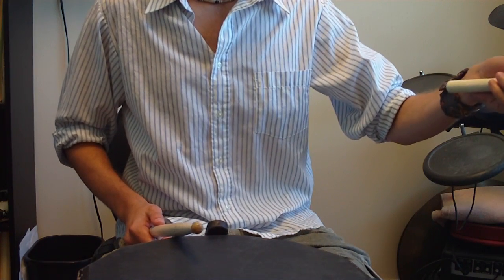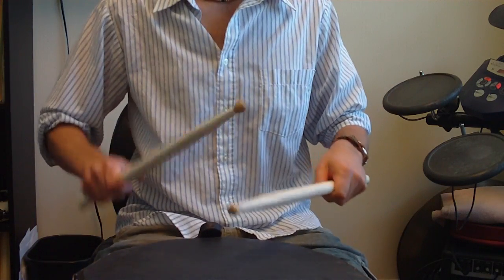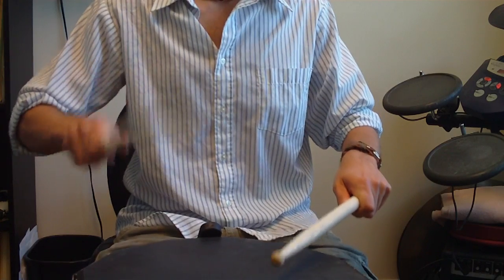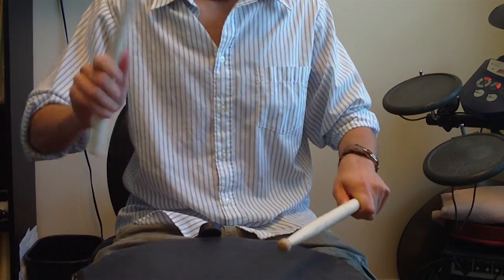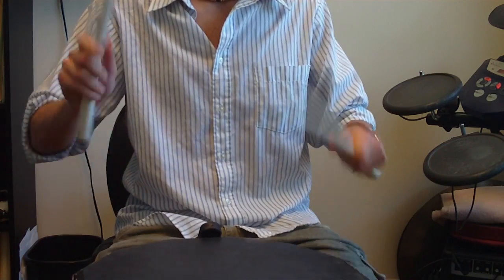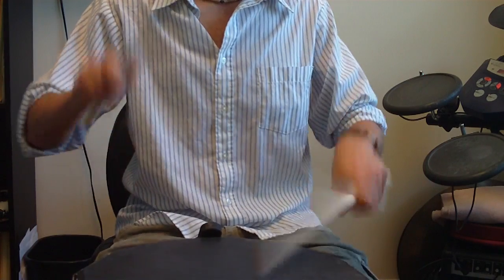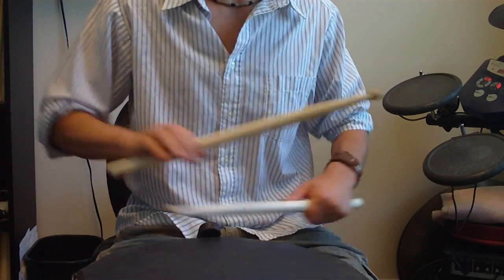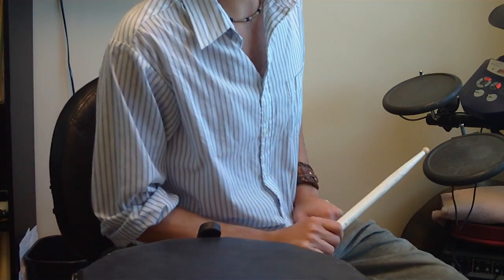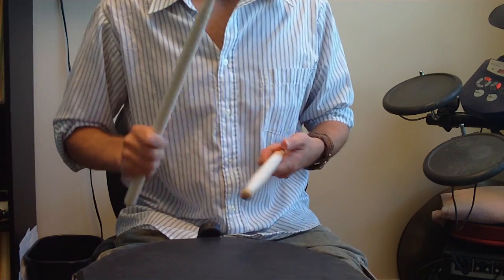So we have our basic motive, and that's this. So we do a check and variation. Check, variation. Check, variation. Check, variation. Check, variation. Check, variation. Check, tag. Okay. Our check is going to stay the same. The 16th notes always stay the same, but we're going to put a variation in there. So you see at the bottom we have an 8th note. So here's our check,